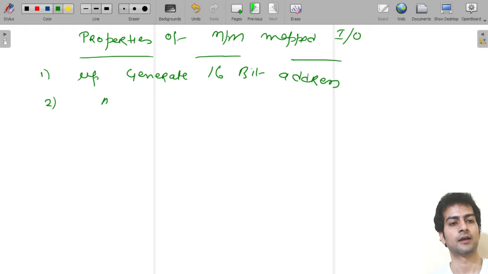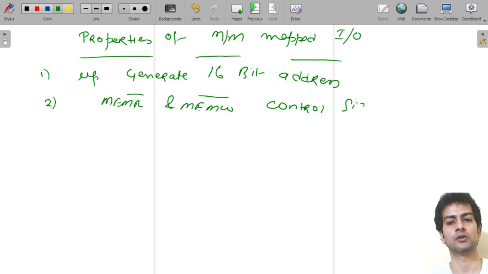Second, memory read and memory write control signals are used here. Whereas in a peripheral, input output read and input output write were used. Here